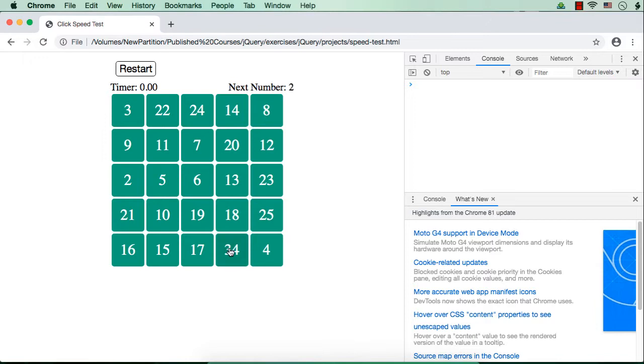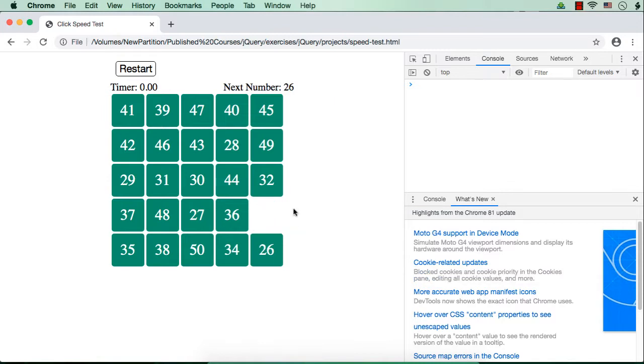Let me click 1, okay, 2, 3, 4, 5, 6, up to 22, 23, 24. Now the next number is 25, right? If I click this, if I make it as white, what will happen? One number will be missing because the number which got displayed in this div element is not visible now. We do not know which number got missing.